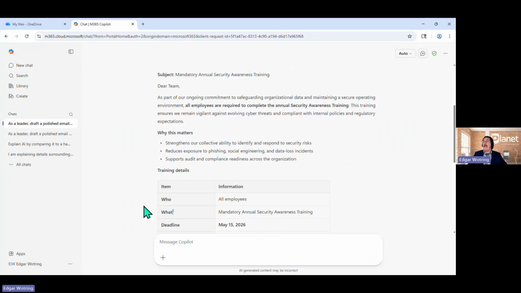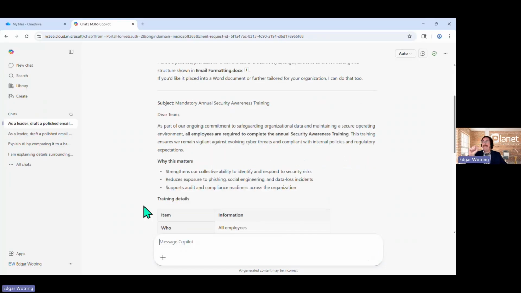Much better. All right. And a distinctively different output here from Copilot, including the reference to that Word document that we have already within our OneDrive, and drawing upon some of those formatting cues and that tone. Copilot takes that original prompt that we provided and it really hones it. It really shapes it to a more meaningful output.